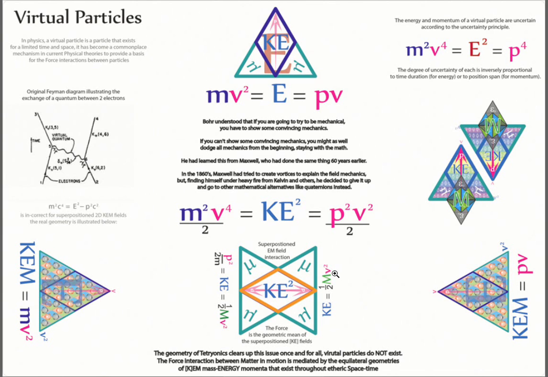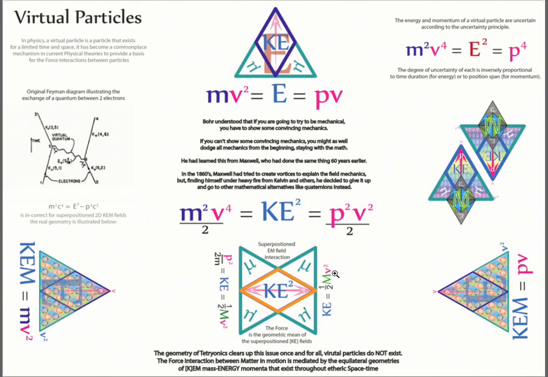All of these superpositioned energies are just the square of the energy of one kinetic energy or the other within the chem field, either electrical or magnetic, and they can be described in terms of their mass velocities or their momenta velocities. Again, two different formulations for the same thing. One's looking at the linear properties, the momenta velocity, momentum with the velocity it can create, versus the mass or the energy per unit of time that creates a specific velocity. This can be rationalized as either E squared equals m squared v to the fourth or p to the fourth,